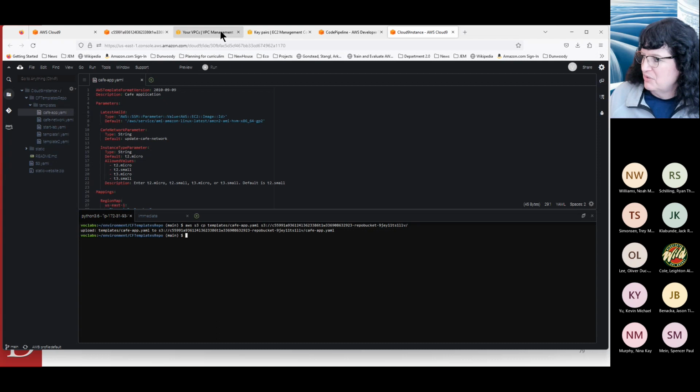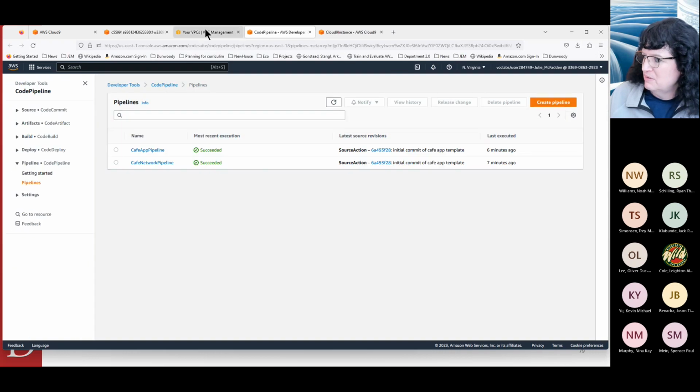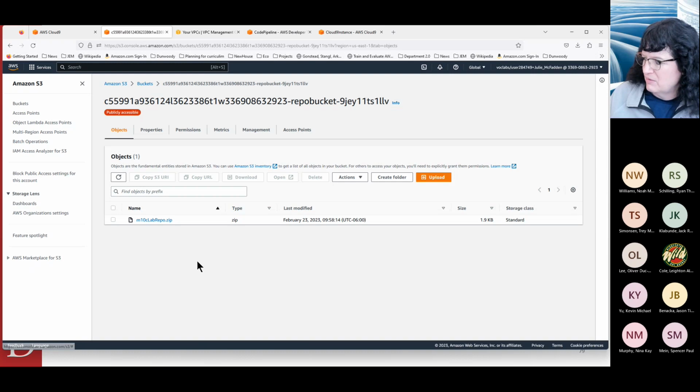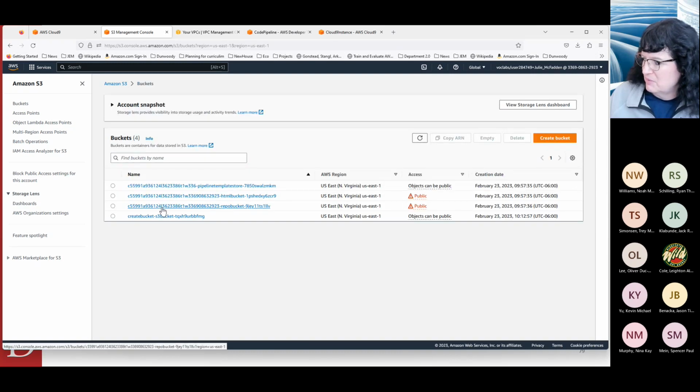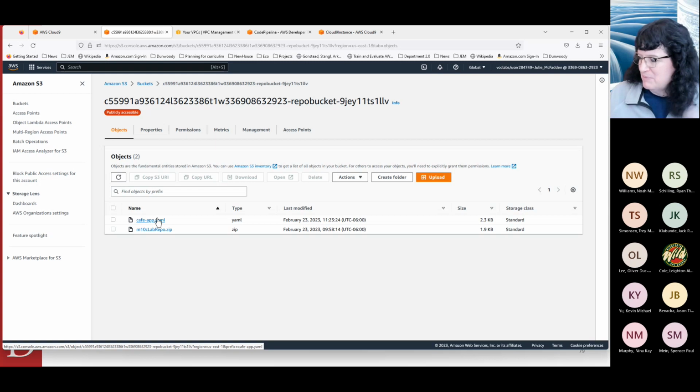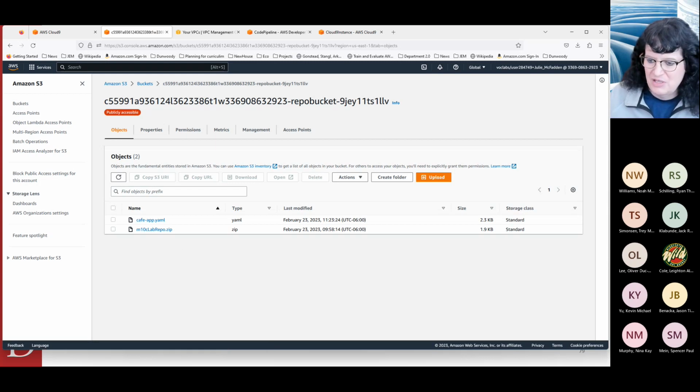Okay, so we uploaded those to S3. So if we look at S3 buckets, go into our repo bucket, refresh, there's our cafe app. Okay, so our cafe app.yaml script is now there. So now we're going to use that script to actually generate a stack. So we're going to go into